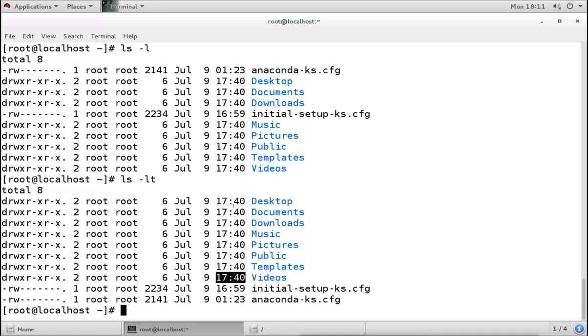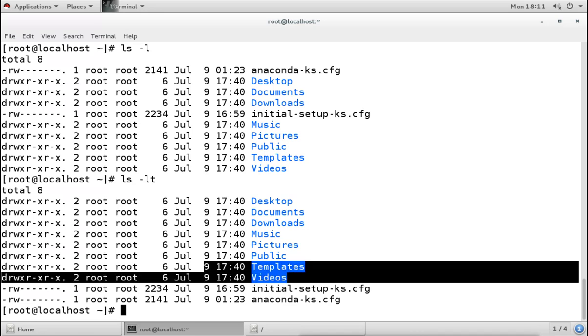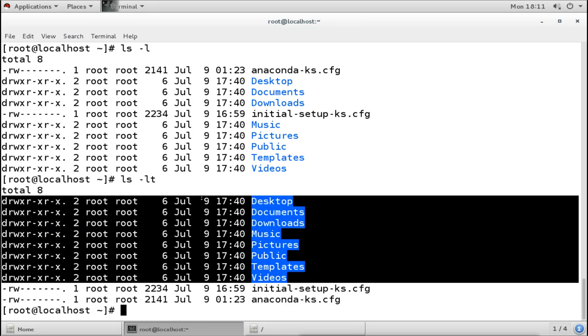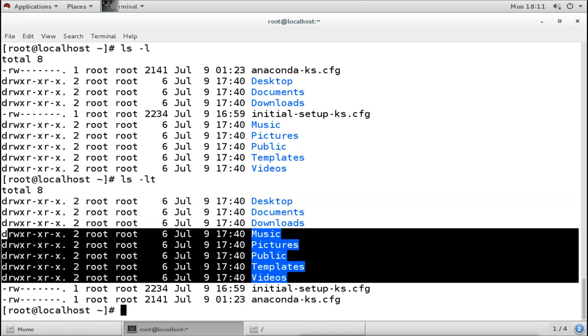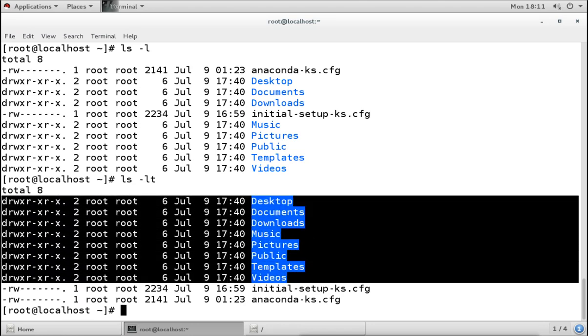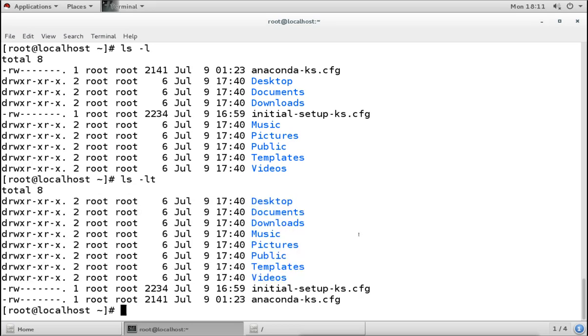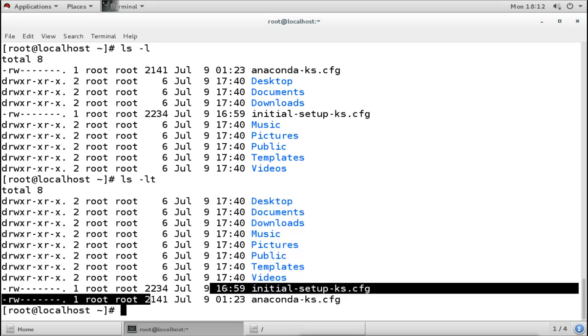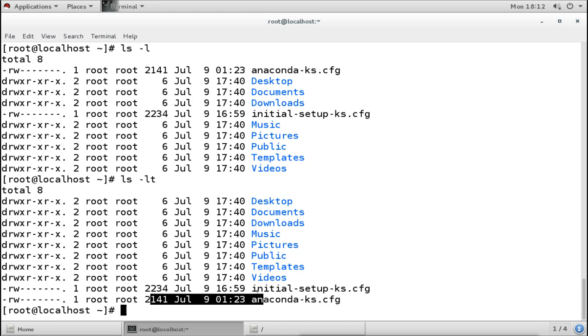They might have a difference of seconds, but the seconds are not showing here, only minutes. So it is arranging these directories and files according to the time sequence. The old one is down at the bottom and the new one is going up.